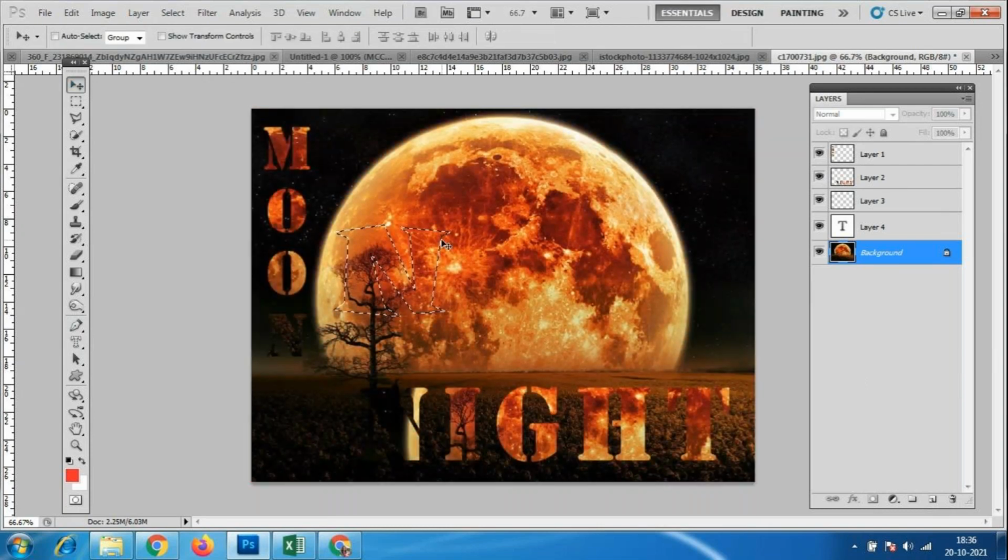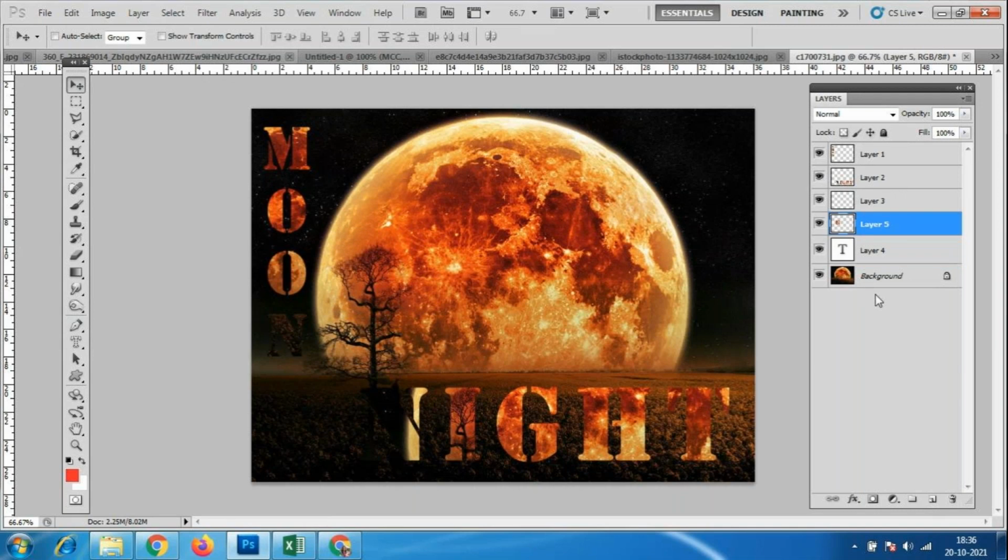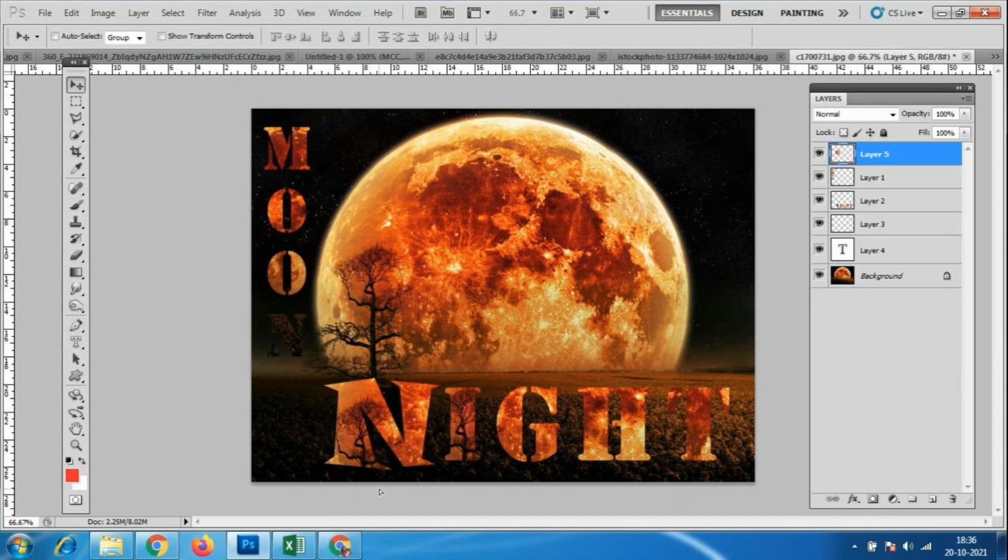Inside this N, I have the tree, and Control J. These are small works, but these are the things we can see in movies, serials or English movies. Many things we can see in this kind of movies. Where is my N? Yeah, it is here. So I can place it like this.